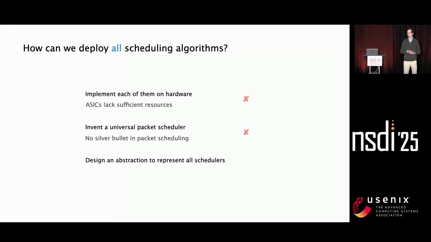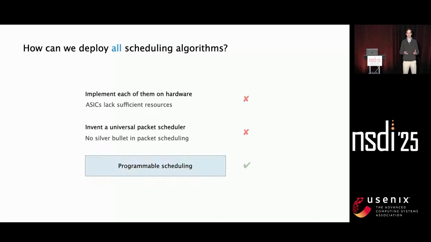The final approach will be to try to come up with an abstraction that allowed us to represent scheduling algorithms on top, with the idea that if we could deploy this abstraction on hardware, we could also deploy those algorithms on top of it. And that's exactly what programmable scheduling tries to do. Programmable scheduling allows network operators to flexibly decide the best scheduling algorithms that outperform for their specific requirements, application requirements,